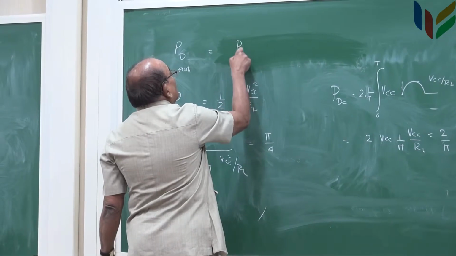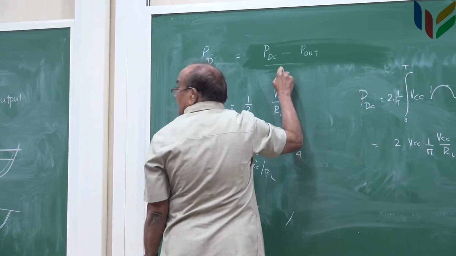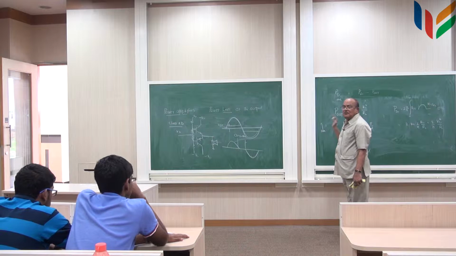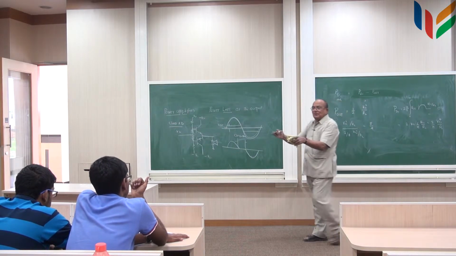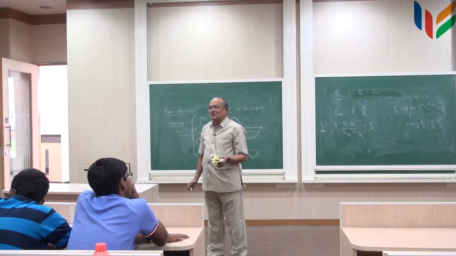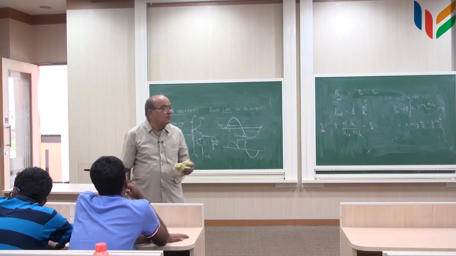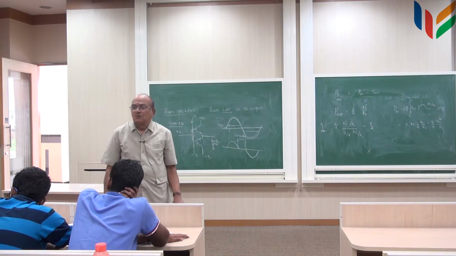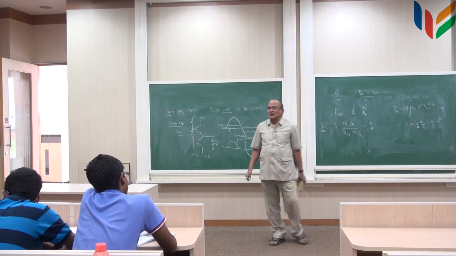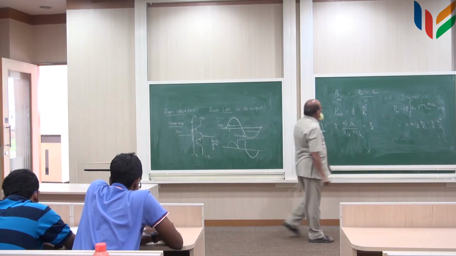Okay, (PDC minus P out) divided by 2, right? Right or not? PDC is the total power input and this is the amount of power output; the remaining goes into dissipation. Two transistors. And it comes to about 10% or 11% or something. It's a very small amount of power dissipation compared to the class A condition.